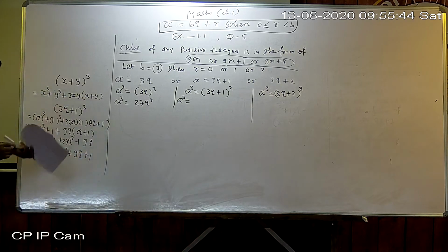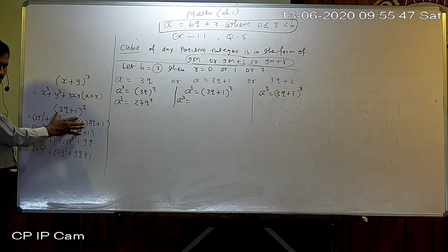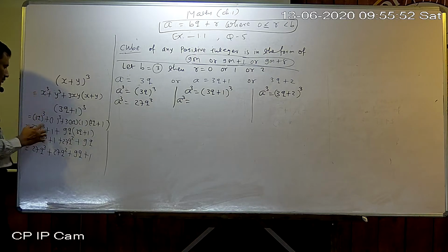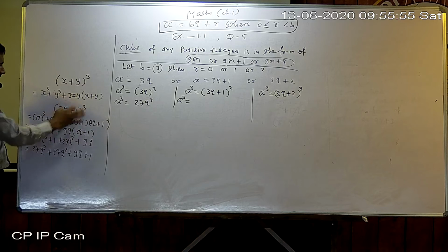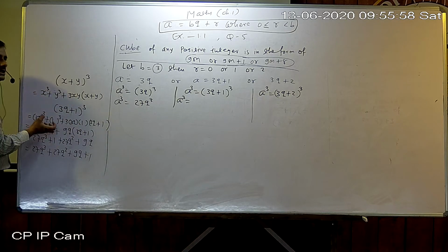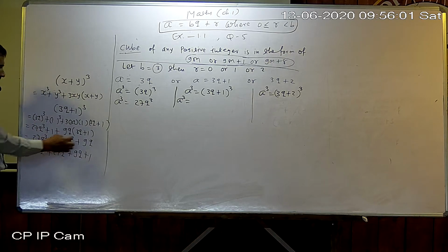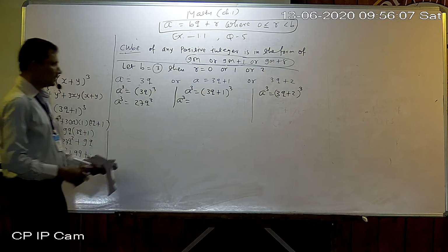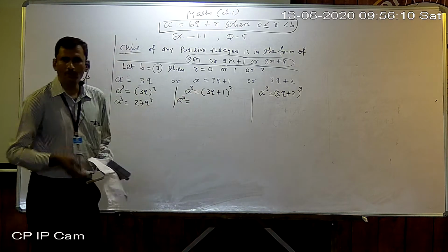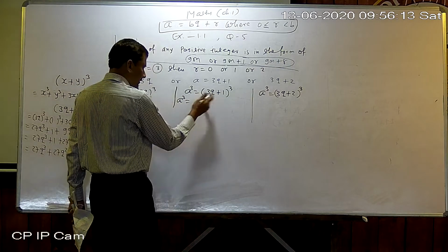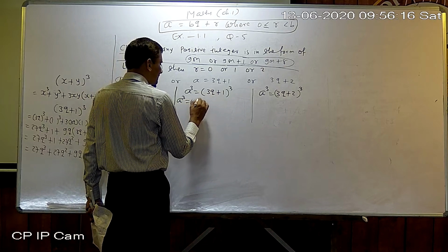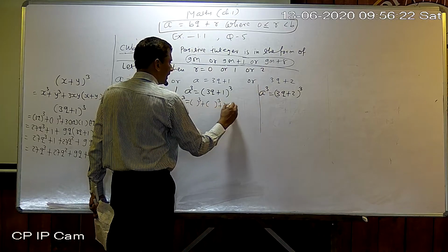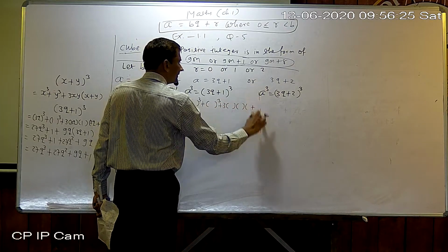So this is the expansion of the cube of a binomial. How? By remembering this formula. Just make a blank bracket of x and y, then place all the values of x and y. Now open this bracket. This bracket will open in the next step. That is the solution or expansion of the cube of a binomial. Now write it. I again solve it here. 3q plus 1. So x cube plus y cube plus 3xy into x plus y.